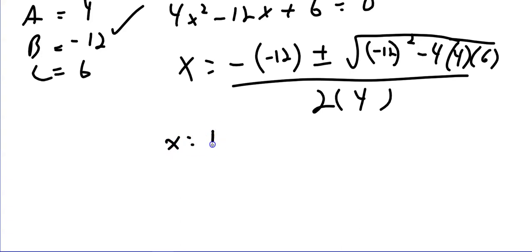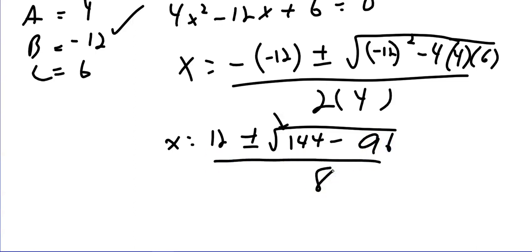X equals, opposite of negative 12 is positive 12, plus or minus 12 squared and negative 12 squared are both 144. Again, remember, most common mistake is right here, putting negative 144. Minus, okay, it's going to be a minus because you got minus 4 times 4 is negative 16. And then negative 16 times 6 is 96